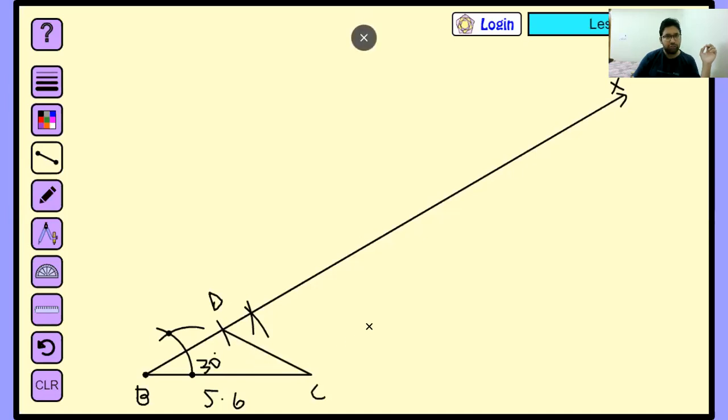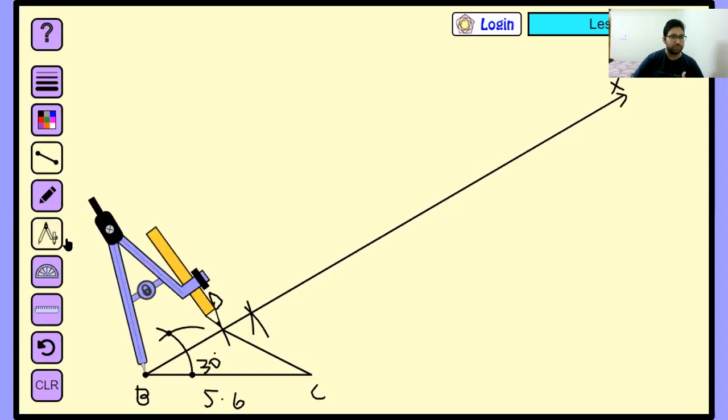After joining, we have got DC, and yesterday also we bisected this DC perpendicularly, if you remember. To bisect perpendicularly, one problem is there. I have not left any space downwards, so while constructing that perpendicular bisector, I will face a problem. If you don't want to face a problem, you will have to make some space for the bisector below. This was my mistake.